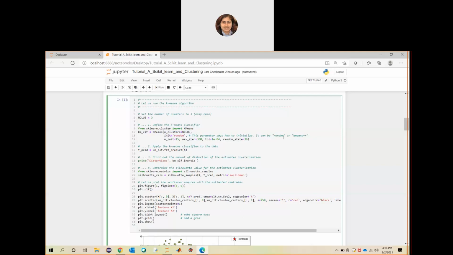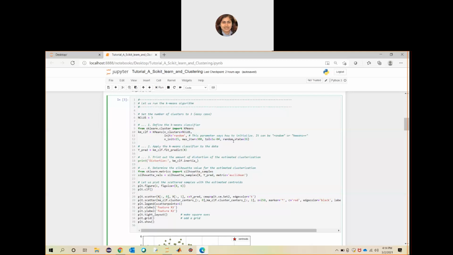You can also use something else, but as we have not covered k-means++, don't worry about that for now. Another parameter is meaningful for how many iterations you want to run the k-means, and these are some other parameters. For now, just ignore them.